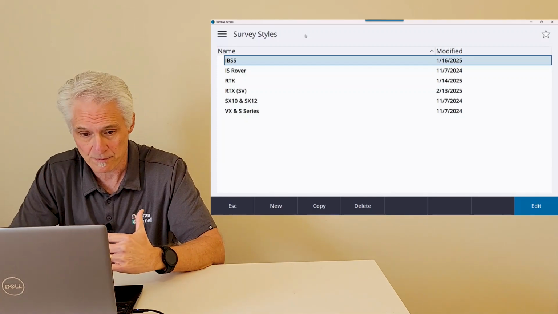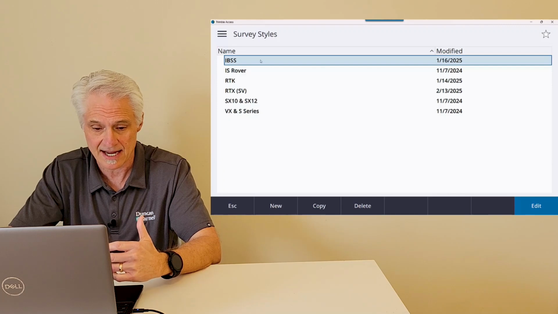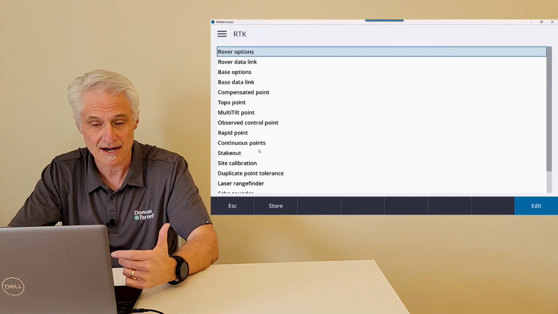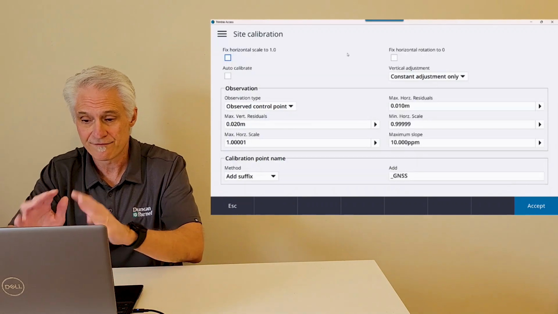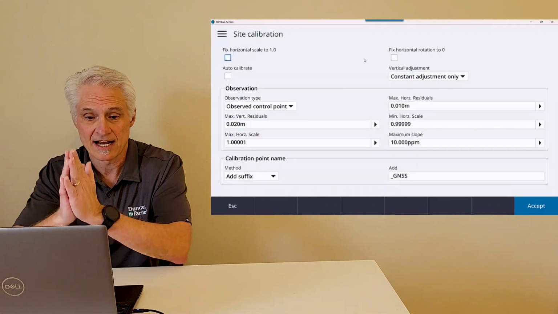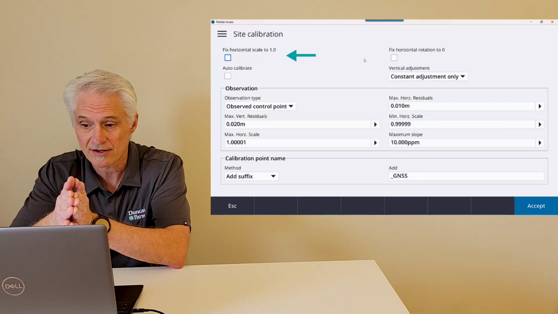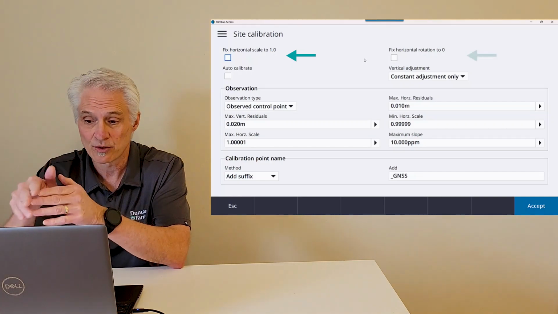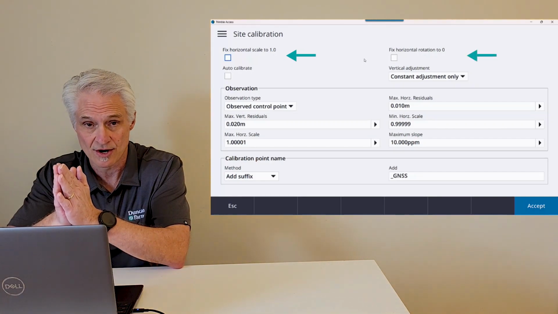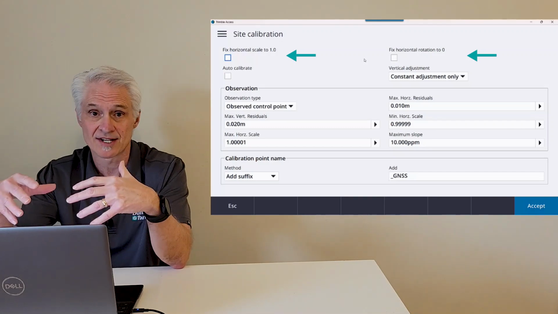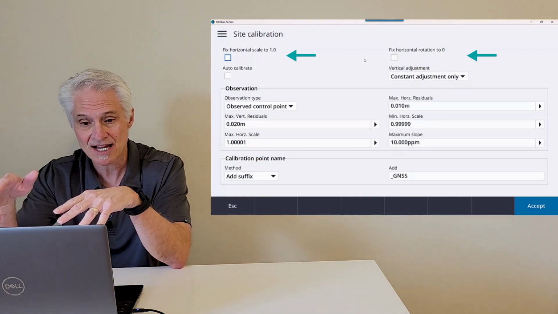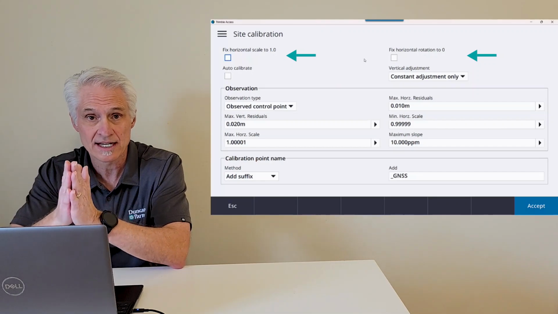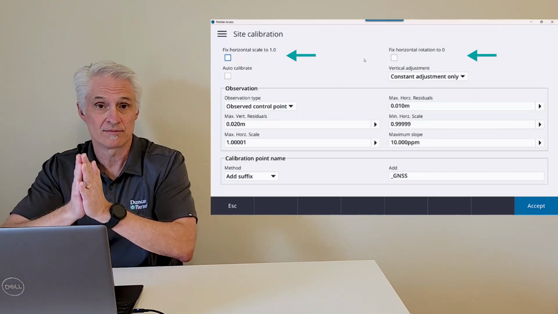Now the defaults work pretty good, so I'll just take a look at RTK, and then down towards the bottom, I've got a site calibration option. All right, there's a few things in here to be aware of. You've got fixed horizontal scale to 1 and fixed horizontal rotation to 0. Now, some people will tell you that you should set that every time. I disagree. The time you should set those is when you're working in a known coordinate system, like